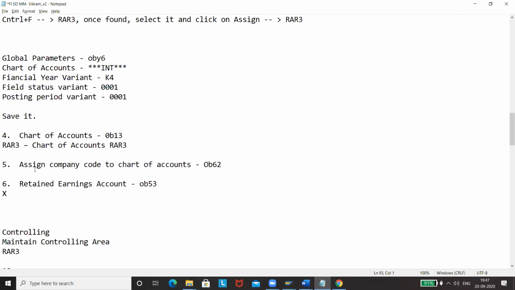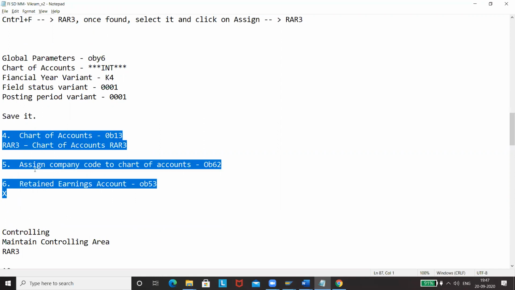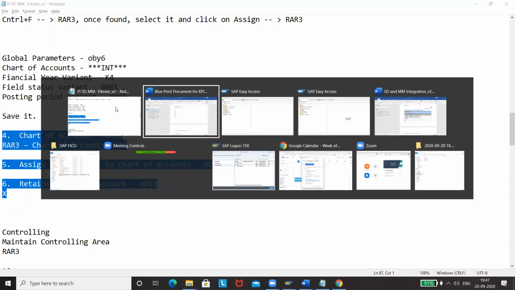We have just given X and then saved it, ignoring the message. So these are additional things, needed because we did not take INT, which is the standard one. We have created our own one. Other than these things, we'll use standard ones only.